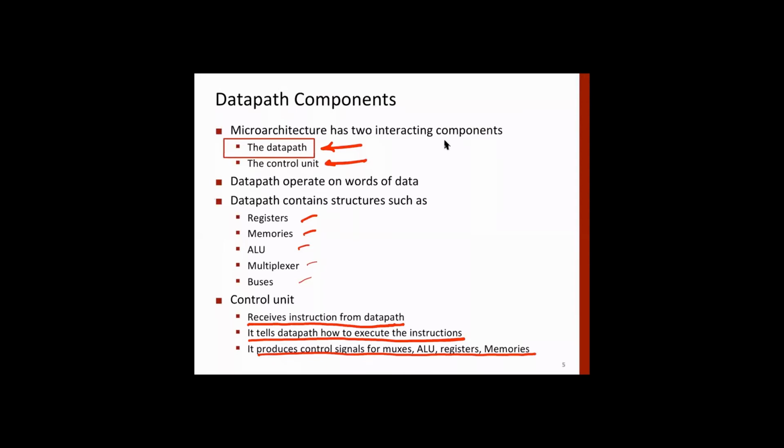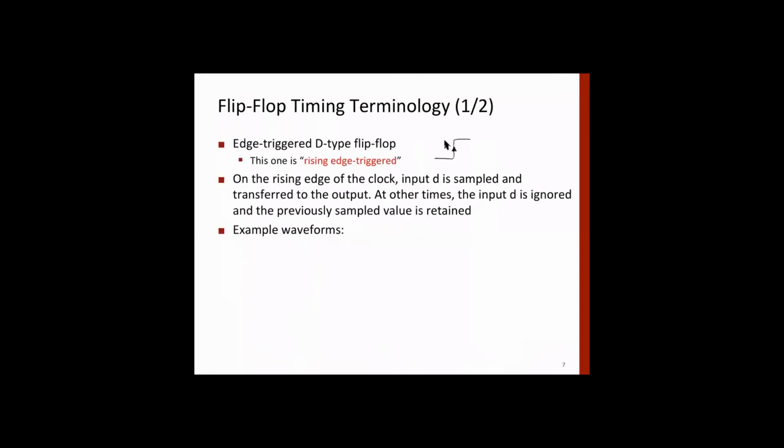Right now we are focusing on data path, and once we complete data path, we'll get into control, how the data path operations are to be controlled. Okay, so let's look at the timing behavior. Again, you would have done this earlier, but it becomes important when we're designing a processor. Then we need to focus a lot on timing, because within a clock cycle we need to finish certain operations.